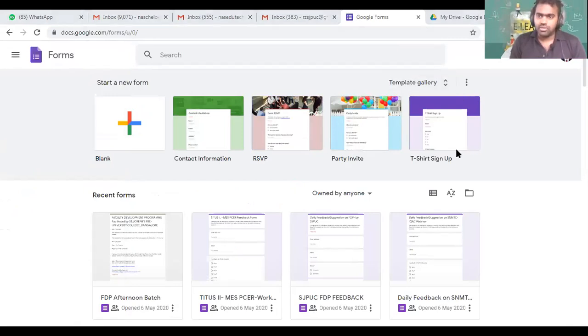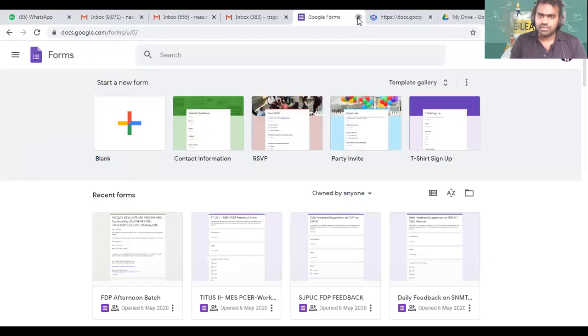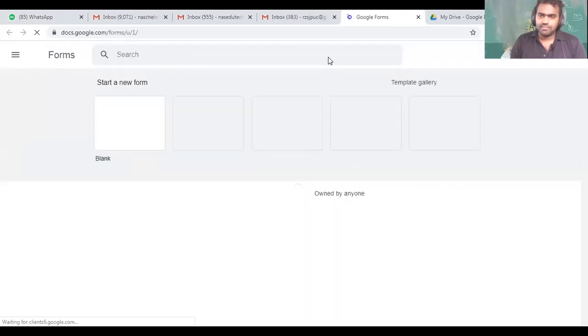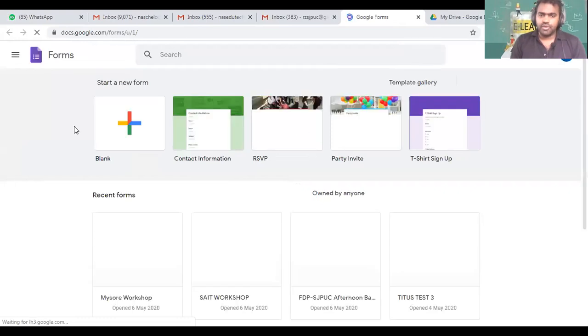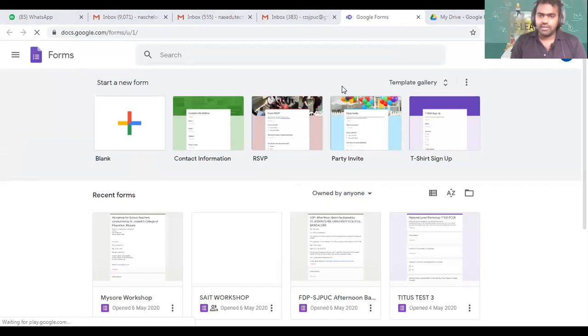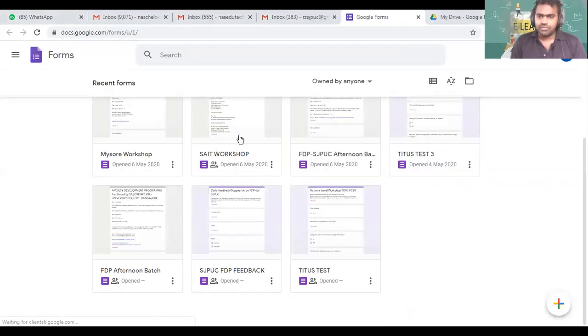Now, if you need to add something, sorry, I'll just shift to my other email address. This is the window which you will get, with some templates, like we had earlier, and you can see all the things which are discussed here.